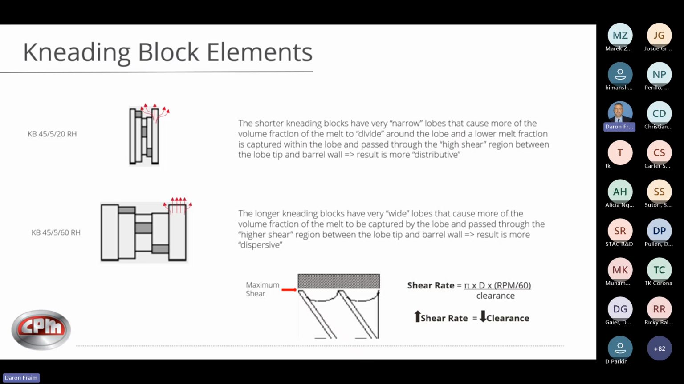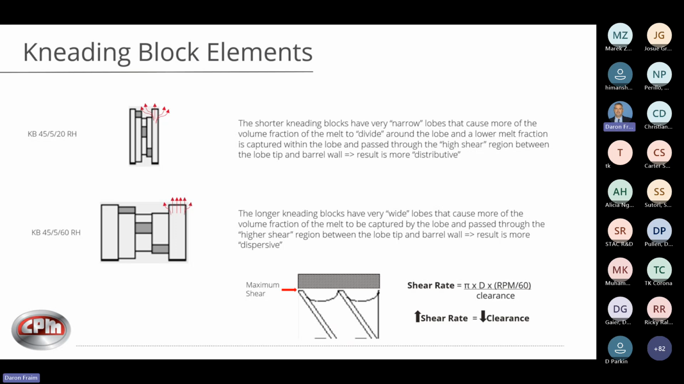And so you can see here is more of a visual. What's happening is your very narrow or short kneading blocks, they have very thin lobes. So what happens is a higher volume fraction of the melt divides and splits around the lobe, versus a small volume fraction that is actually passed between the tip of the lobe and the barrel wall, where the peak shear, the very high shear, is taking place. Whereas on the larger wide lobes, you can see here that the wider that lobe gets, the higher the volume fraction of melt is captured and wiped between the barrel wall and the lobe tip. So that's where, and you can see here on the bottom,